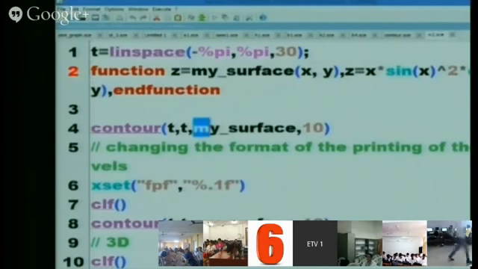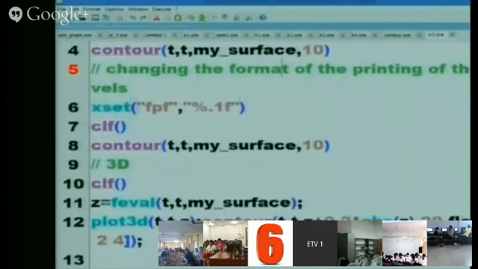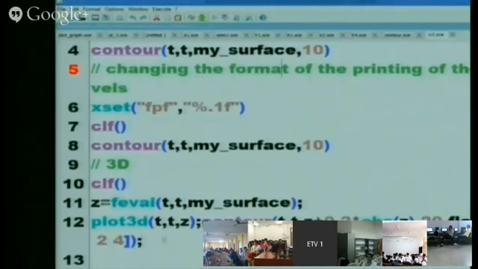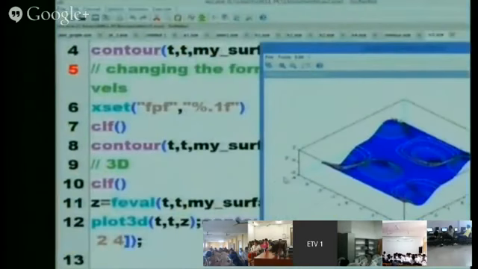Here the name of the function you have written. Then 10. The rest is creating these, contour again t 10, and then plot 3D is also there. So all these keywords are there.